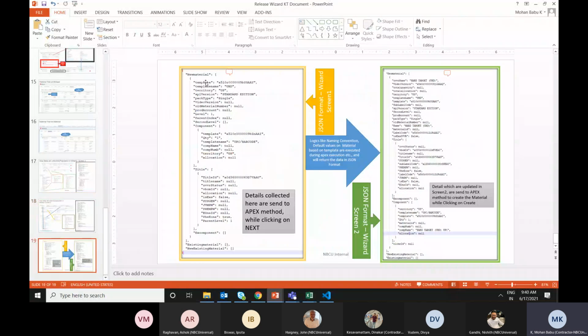In the first screen, we have only these details like template, special version, pack type. But after clicking on the next button, you can see the video version name and the video version is being created. Okay, and you can see the sublabel code. Where is label code? Yeah, you can see the label code. Similarly, under the components, we have the component names. So all of this is being created. Okay, so I'll just show the result.